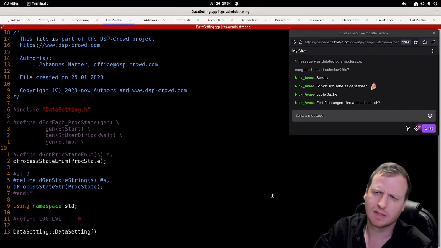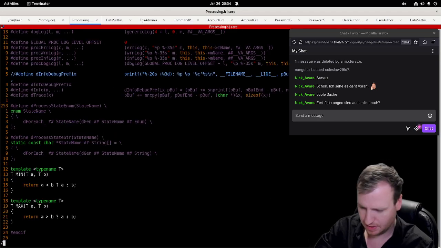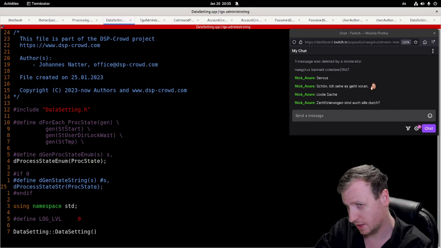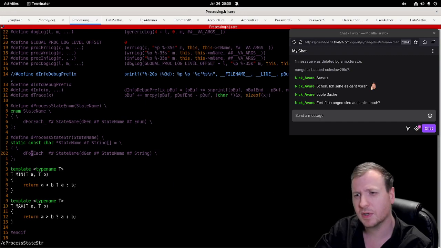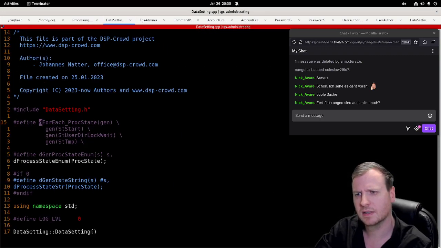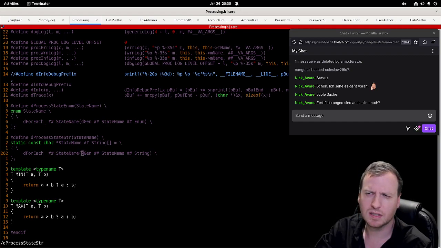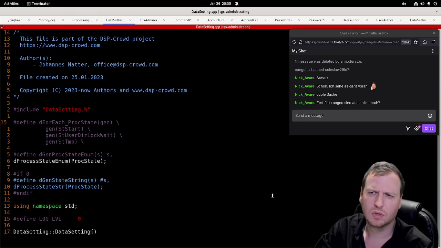Why isn't this working? So this define is working, but this is not. And this is that define. And I have to use this proc state define. For each proc state, yes. We have the generator. The generator is this, the generator, then the state name, and then